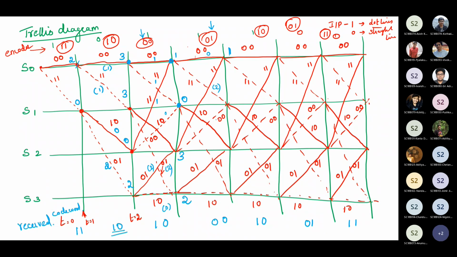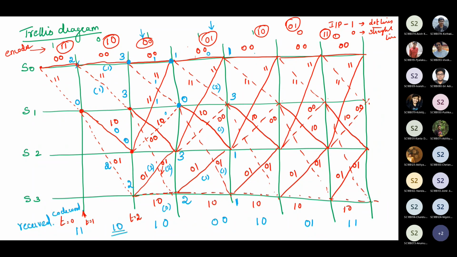Here if you take, it is 0, 0. This line is 0, 0. So it is 0, so both the lines give 3. So I'm writing 3. Next here, this line is 1, 0, so it is 1. Whereas here 2, from here it is 1. So the least is 1. Here it is 0, 1, so it is 1. Here obviously it will be more, so it is 1. Okay.